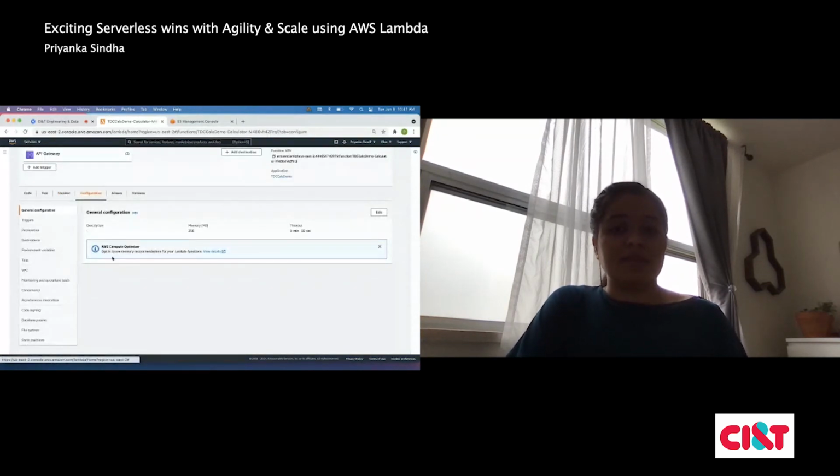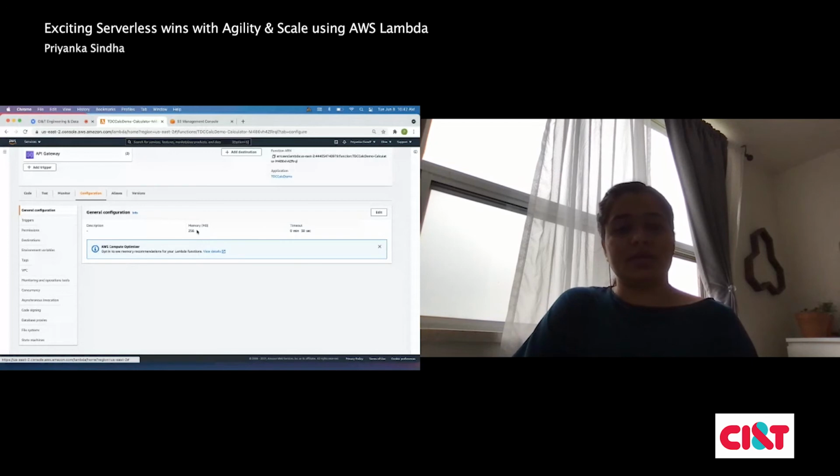This is one of the most important configurations for your Lambda functions. So general configuration is the description you provide to AWS for your Lambda functions, and the memory you want to allot to that function. Let's say I have a feature that has to save audio or save an image temporarily. Then you need more memory to run your function than the normal ones.